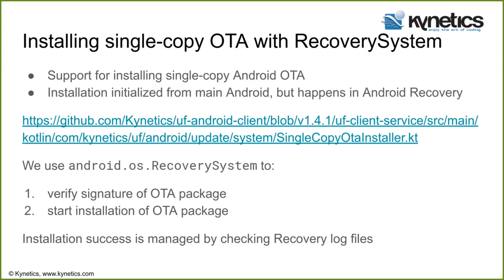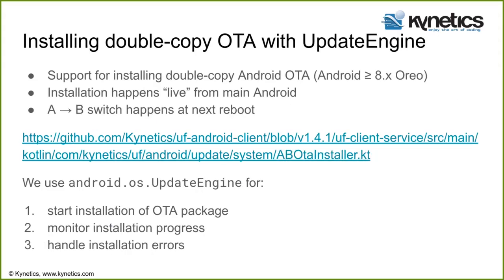We use the recovery system, which has very basic APIs to verify a signature of an OTA package and start the installation of an OS OTA package. In this case, we didn't really have feedback, so we had to look at the recovery log files to actually know if an update was successful or not. Whereas for